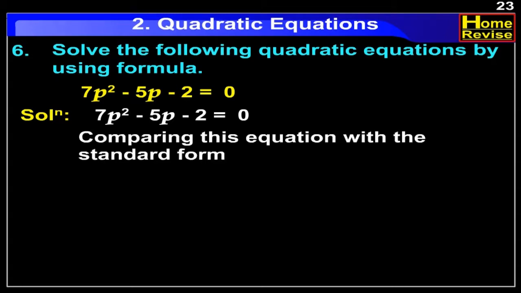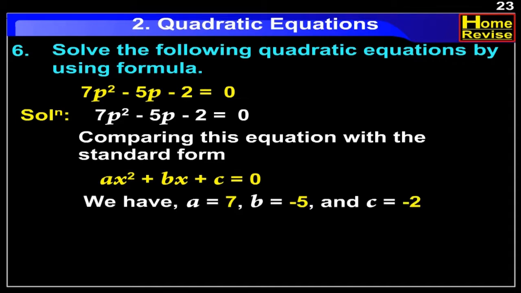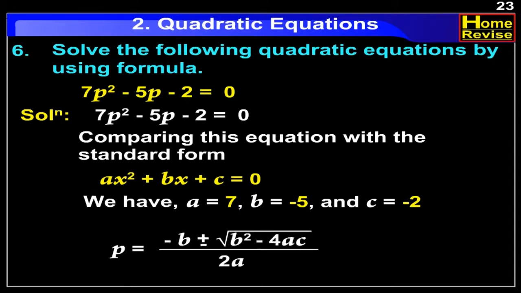Comparing this equation with the standard form ax² + bx + c = 0, we have a = 7, b = -5 and c = -2. Now, by using the formula p = (-b ± √(b² - 4ac)) / 2a,